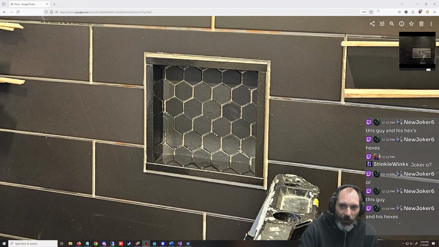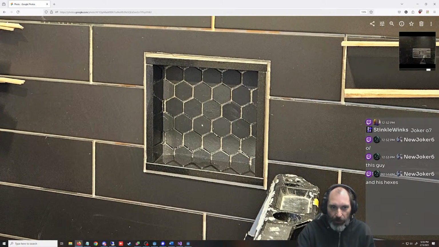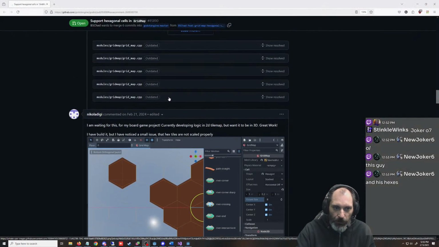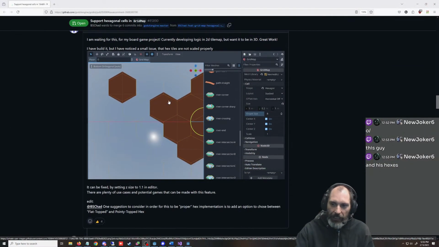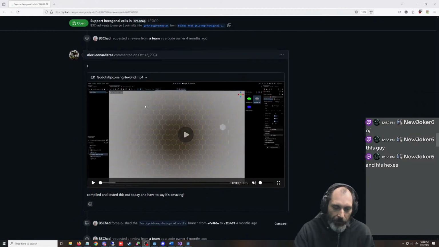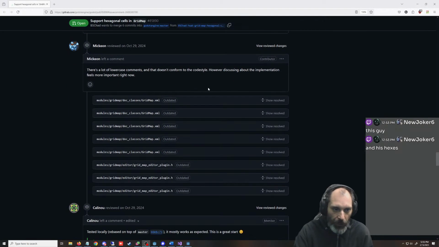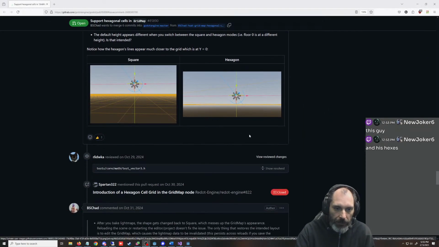so yeah, you can do it without having the grid map have the 3D hexes in there. But I would like to use 3D hexes because I would like it to support that because I'm lazy and I want it to just work, you know. So I've been waiting for this to happen. I mean, I'm not really waiting. I'm hoping, and then I'll try to mess around with it with my game to do 3D hexes.